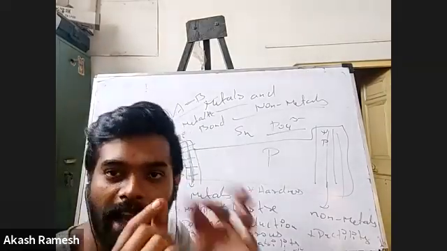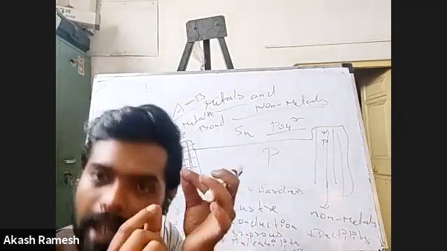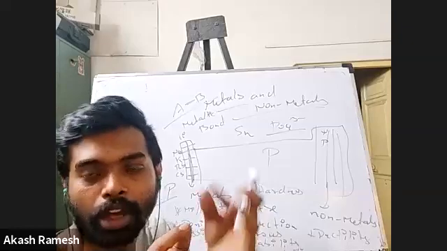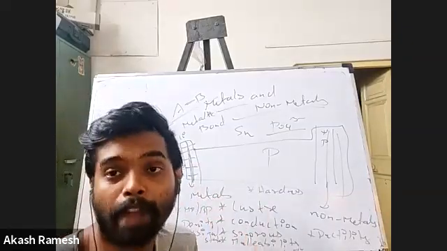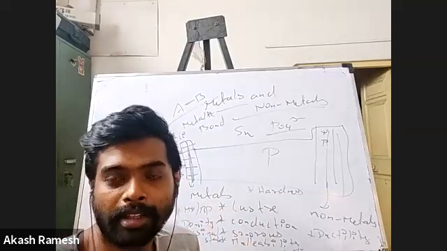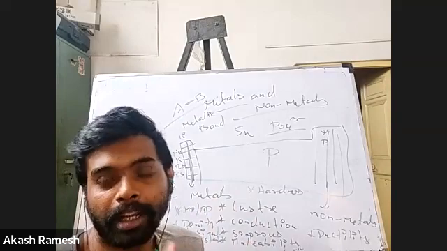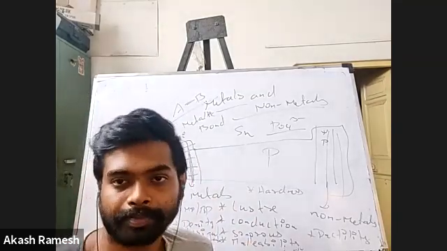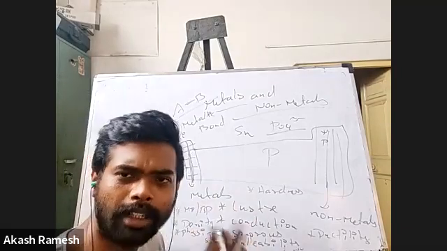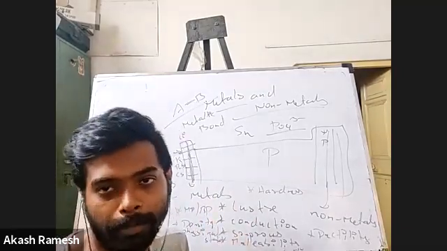And you see a matchbox, right? In the matchstick, at the end you see that red color or black color thing which is coming. That is again phosphorus. That is red phosphorus, or if you see a black color thing, it is black phosphorus. So basically, what you have to understand is phosphorus is highly inflammable. It will easily catch fire, so that is the reason why we use it in matchsticks. Again, that is an exception: a non-metal being a solid. Phosphorus is again a very good example.